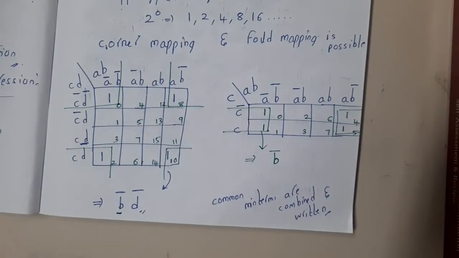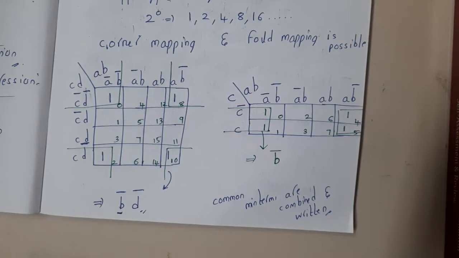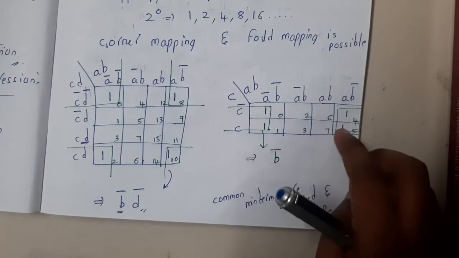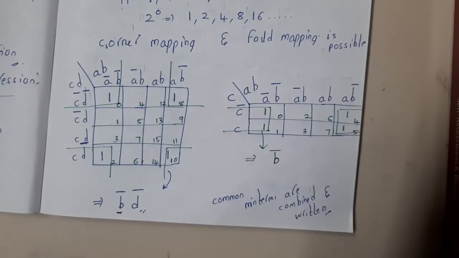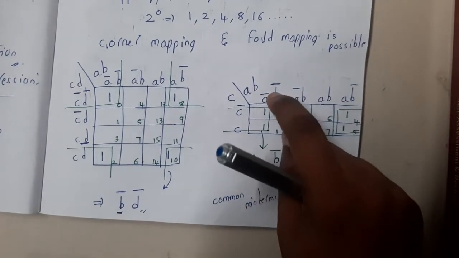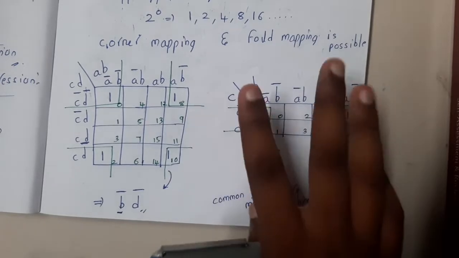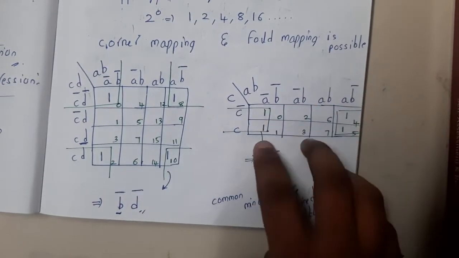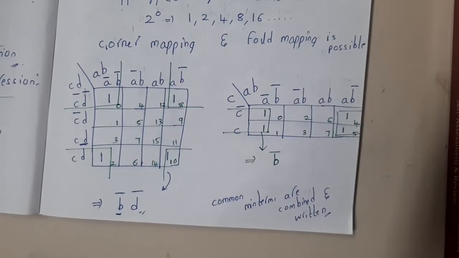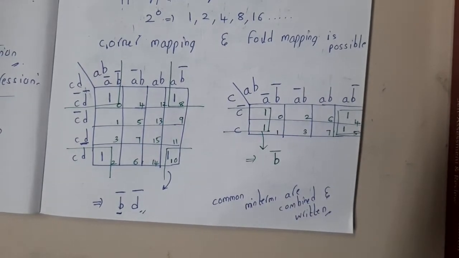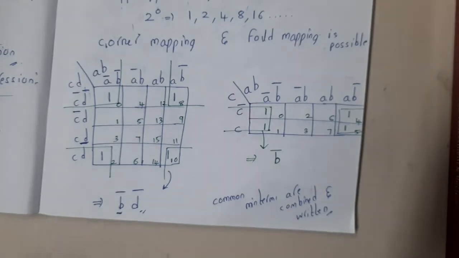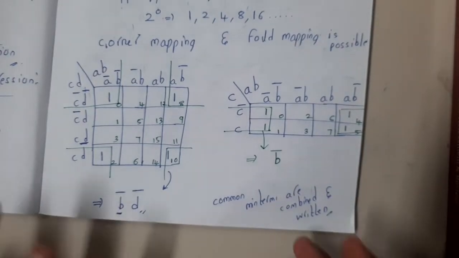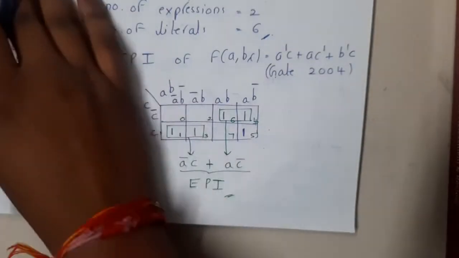That's it. You might be saying, how can I confidently say that B bar is the result? Just assume that there is nothing here and write 1 wherever B bar is there, guys. So here B bar is there, so that whole row will become 1s. Similarly here B bar is there, that whole row will become 1s. So 1 1 1 1. There's no issue, right? We got the same result. In that way you can identify, guys. You need to practice as much as possible, guys. That is the only solution I give for these questions.